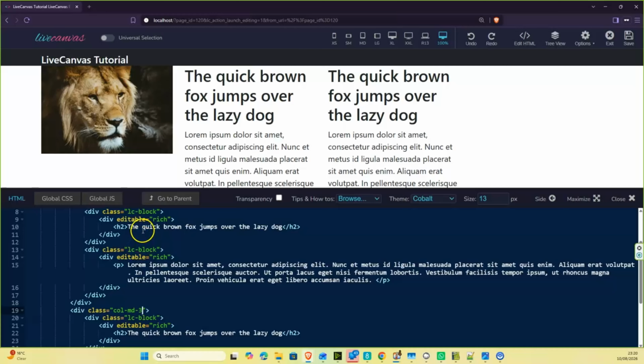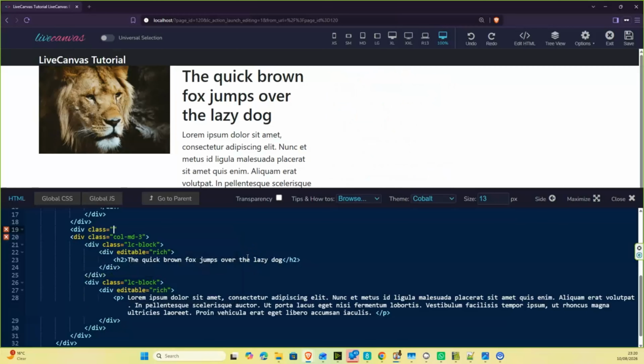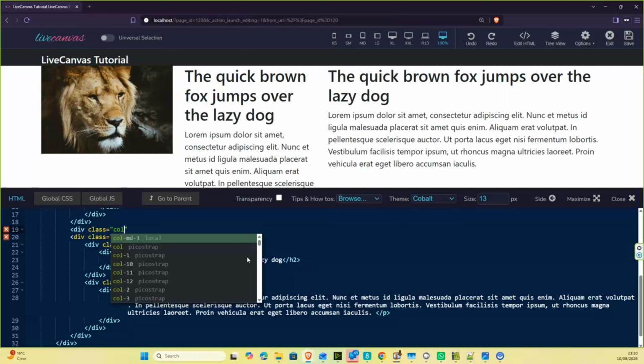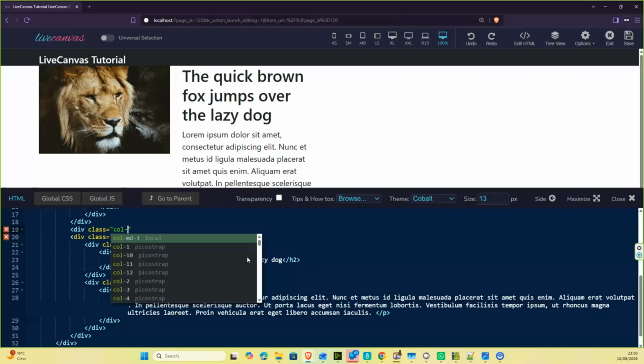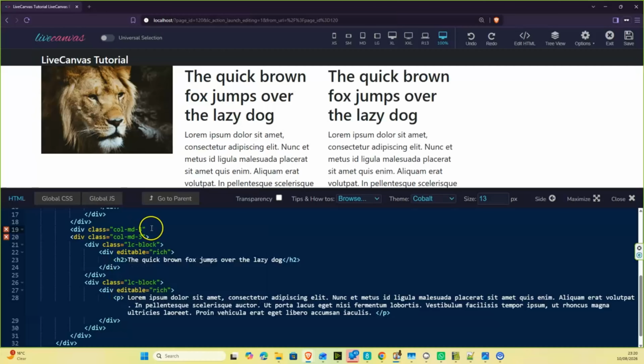Now it's in between these two columns of text that we want another column. So we'll hit enter there, and it's div class equals col dash. We can just hit enter there. You see where it's tried to anticipate what we want to enter, so we can hit enter. It's added the col-md-3. Close that,